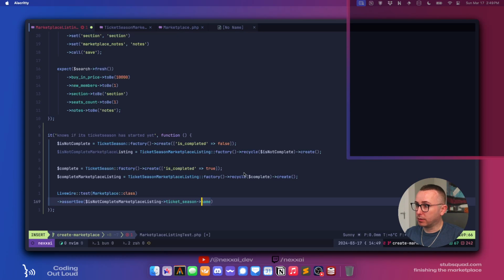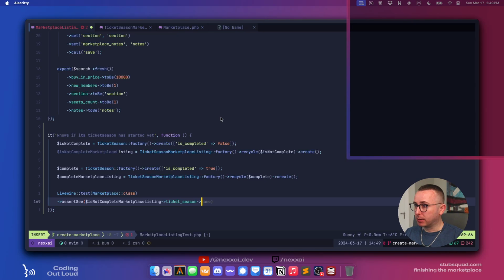What can we look for? In theory, we can look for the team name, but that means we have to build up the entire tree of things, and I really don't want to do that if I don't have to.